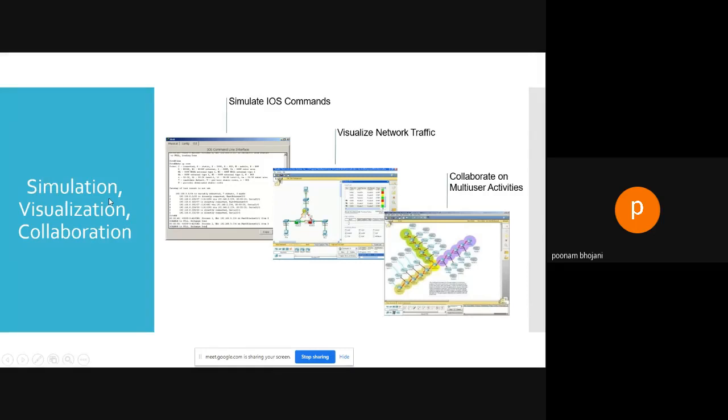Here there are two ways you can simulate in this tool, Cisco Packet Tracer. One is by making a design and simulating. And second is by writing the code, by writing the commands, right? IOS commands are there, which are used for networking. By using those IOS commands also you can do the simulation, and you can see the visual, the procedure of what is happening.